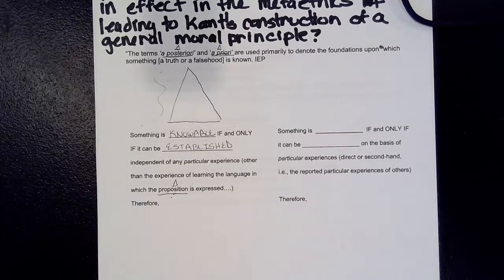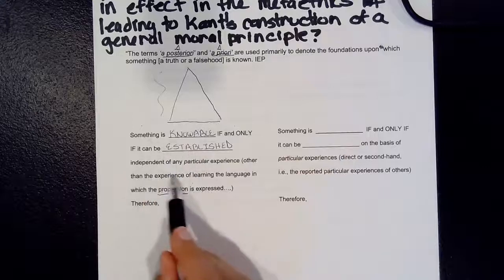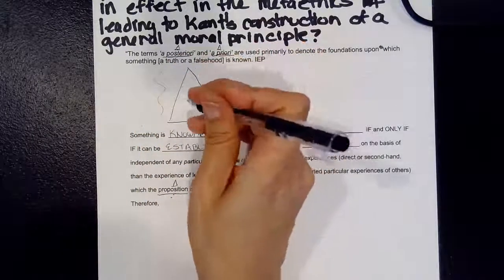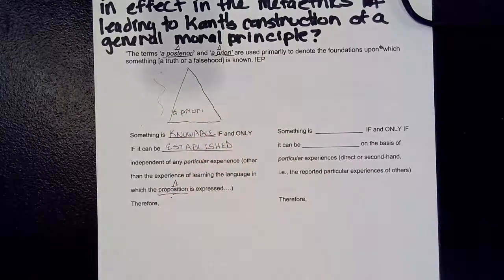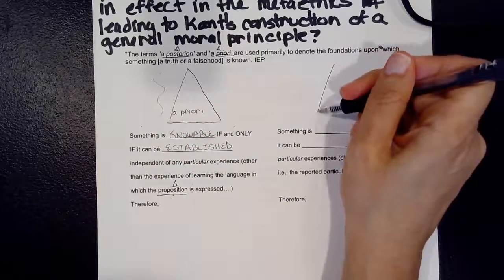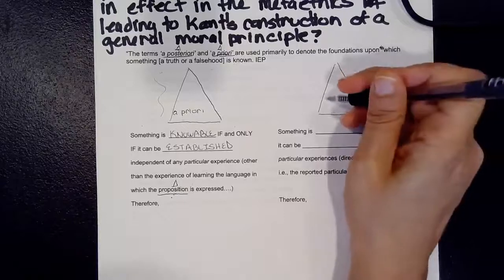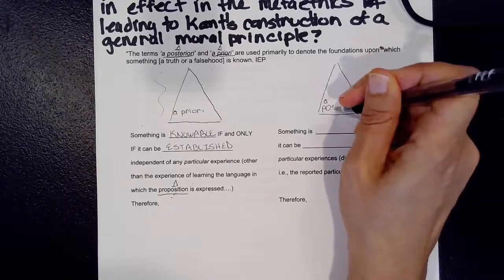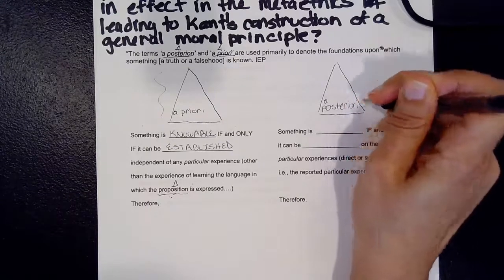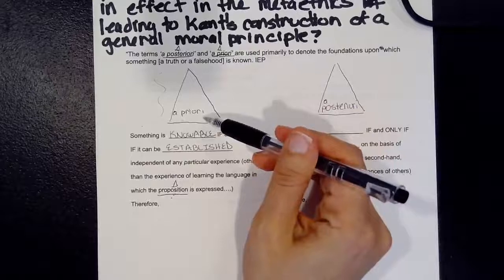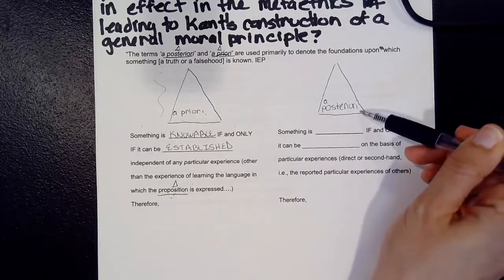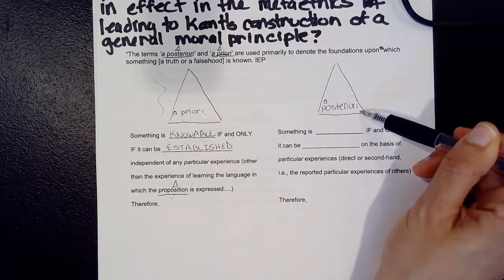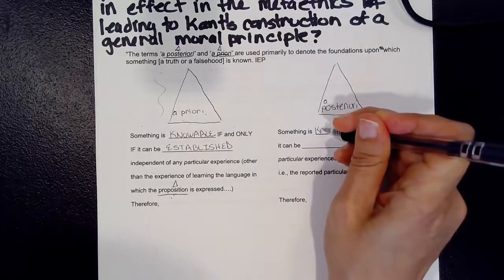Here I'm using the concept triangle to still highlight and visually reiterate that we're covering a core concept, but sometimes I'll still put the definition here. So what I'm going to put in here is a priori. And then here we're going to put a posteriori. This is just telling us that we're focusing on the concept of what it means for something to be a priori in the epistemological sense, and what it means for something to be a posteriori in the epistemological sense. So over here we would say something is knowable